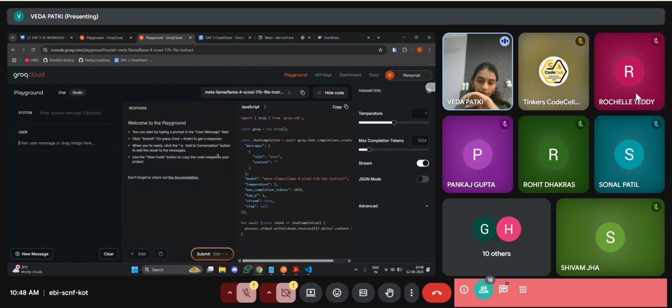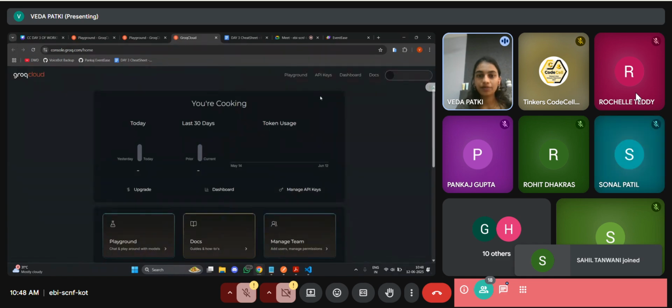And this is the playground. Here we can explore with the models. We can do different things with the models. And before going towards the playground, another important thing which we have to do is, after signing